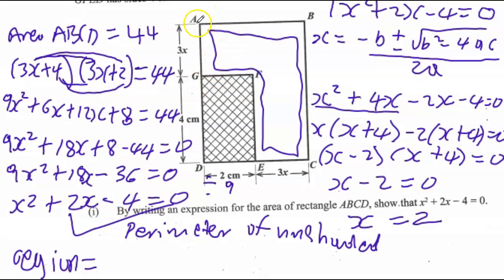Let me do AB first. AB is the same thing as DC, which is 2 plus 3x, right? So 2 plus 3x, and let me move in a clockwise direction. BC is what now? Same as AD, which is 3x plus 4,